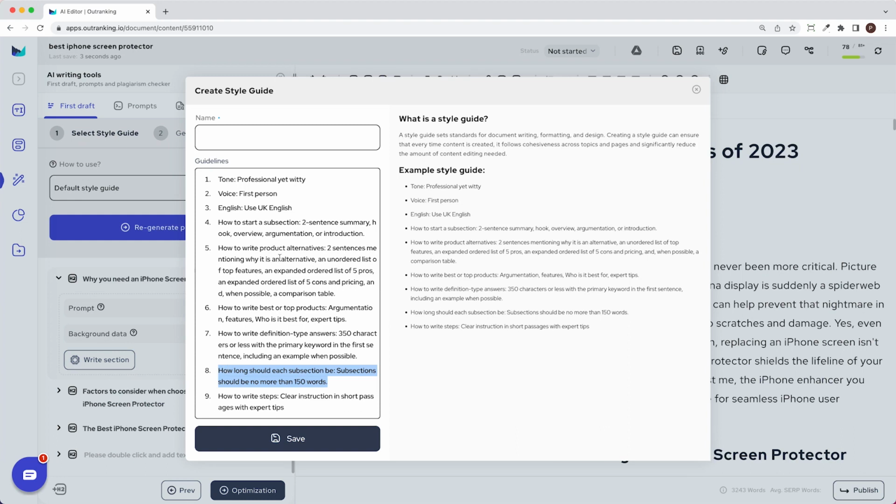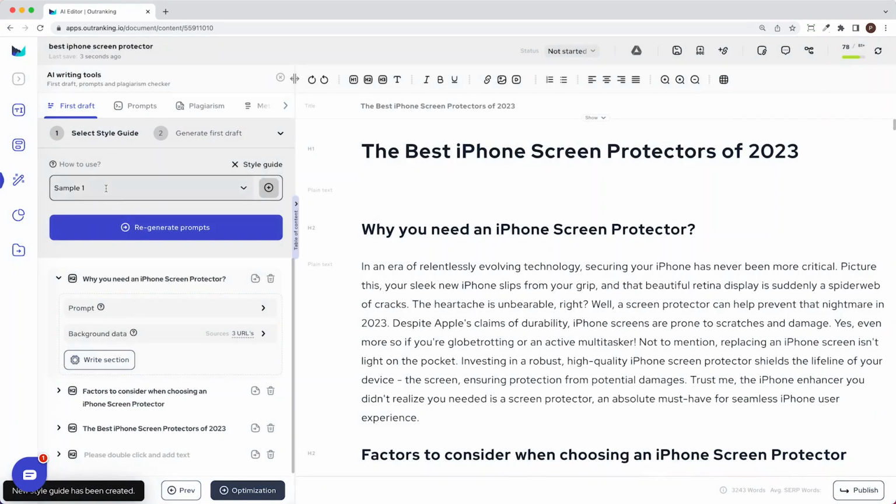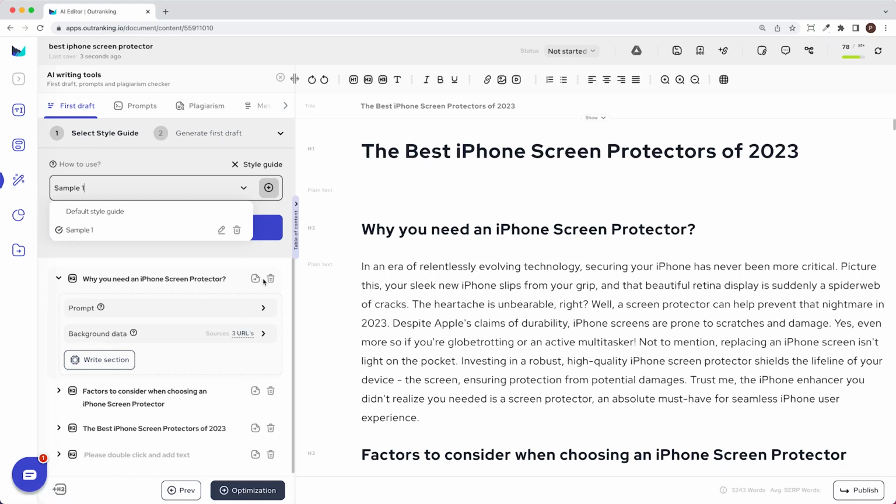Great. Once you have the style guide that you really want, you can name it. And for this one, I'll just say sample 1, and we can save it. Okay. Once you save it, it will use this as the default for generating this section. But every time you come to create a different draft for a different topic, you will need to select the style guide and then generate the prompts. You have to select the style guide before generating the prompts so that the AI can follow that style guide